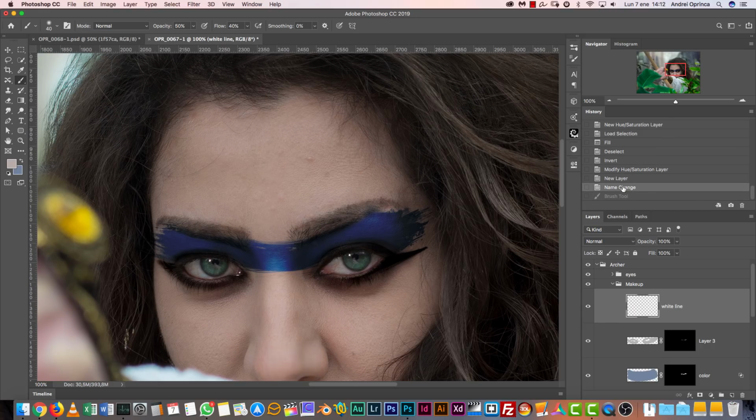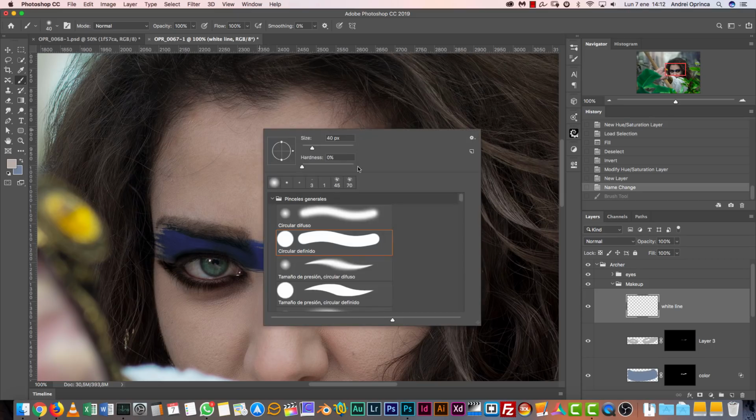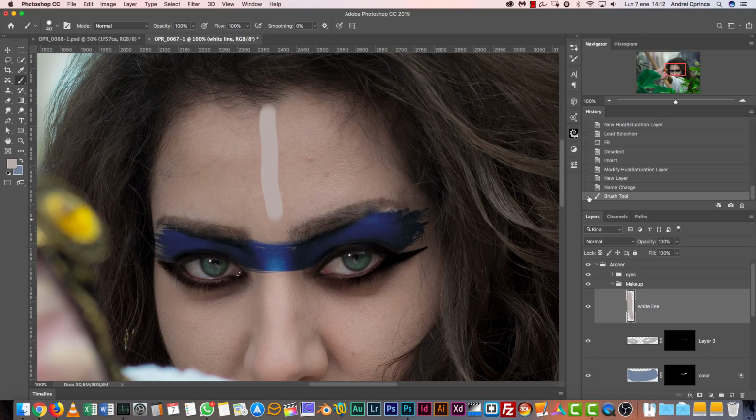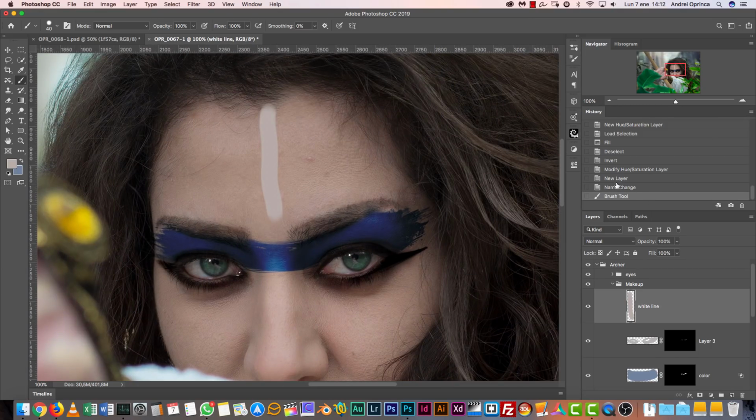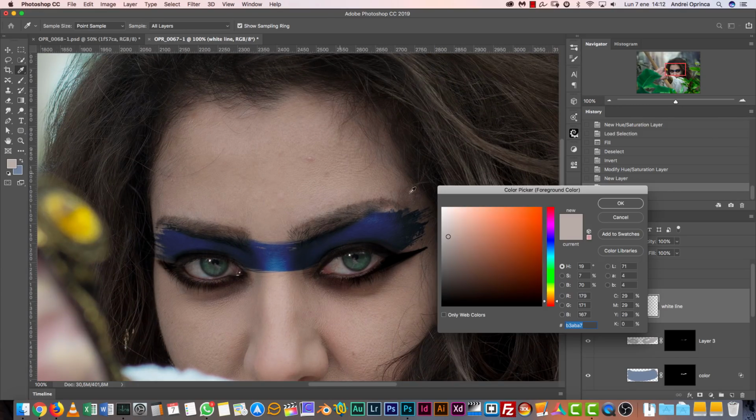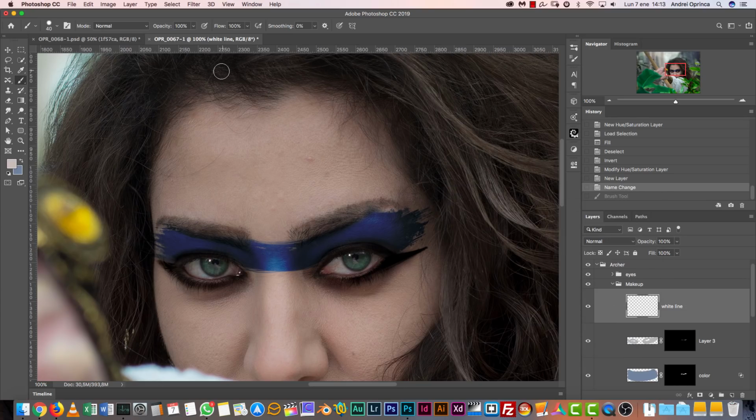Just test it on the skin with opacity and flow 100%. And just create a line and see how that looks. I think it looks okay. Makeup is not completely white. Maybe this one is a little too dark, just slightly brighter, and have a slight touch of the skin tone. And now I'm gonna use a